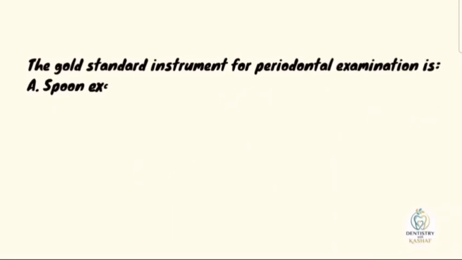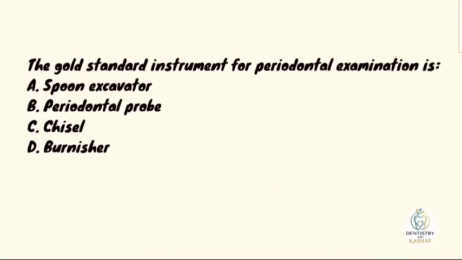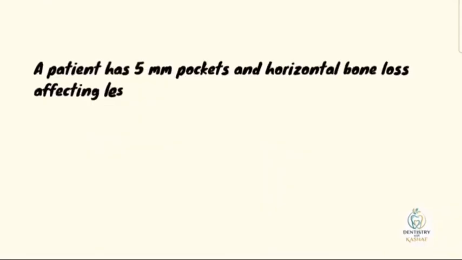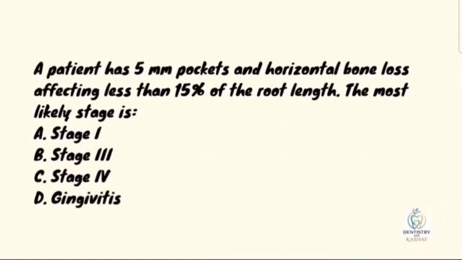In the next question I ask, what is the gold standard instrument for periodontal examination? Is it a spoon excavator? Is it a periodontal probe? Is it a chisel, or is it a burnisher? Next question I would ask, which patient is at greatest risk of progression of periodontitis? Healthy non-smoker with good oral hygiene, controlled diabetic patient, heavy smoker with poor plaque control, or patient with fluorosis? Next question is, a patient has 5 mm pocket and horizontal bone loss affecting less than 15% of root